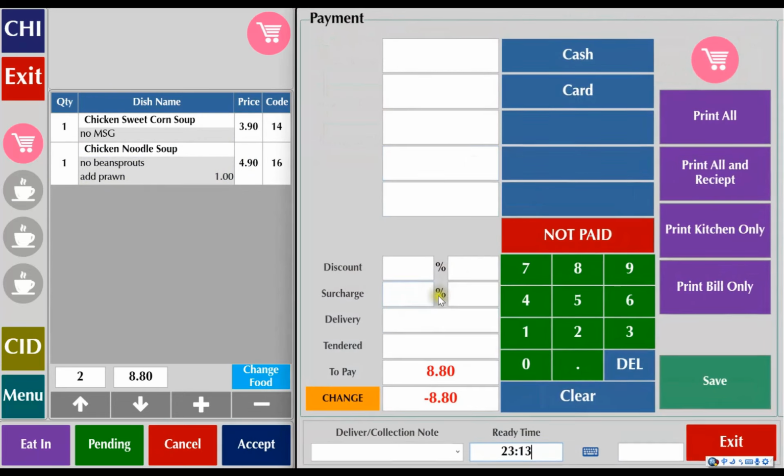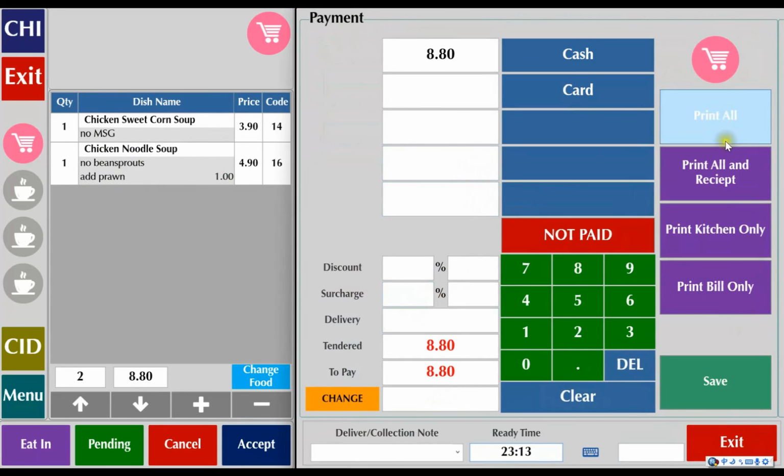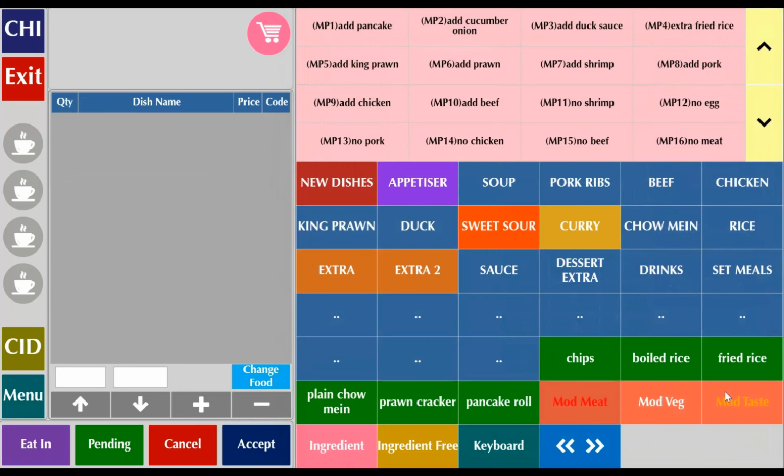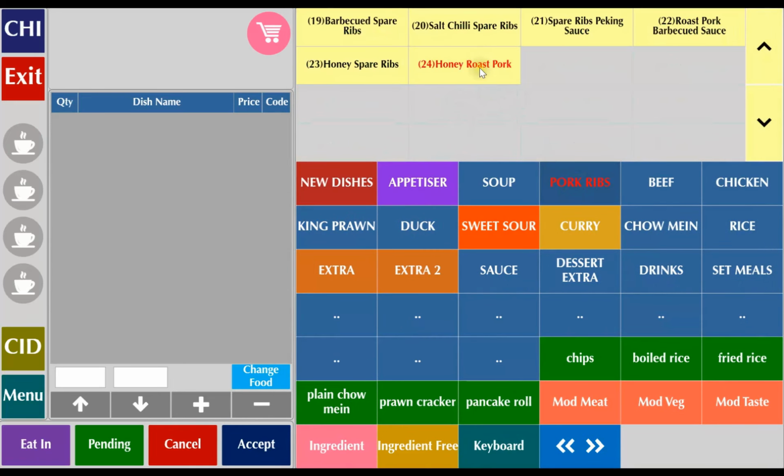Okay, good. Now for payment, let's use cash. To print the receipt or not, just hit this save button. There we go. Let's do another one together. This one is honey roast pork. Okay, besides these modification keys for meat, vegetables, and seasonings, you can also use this one, which is actually very